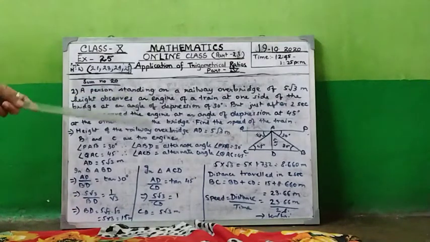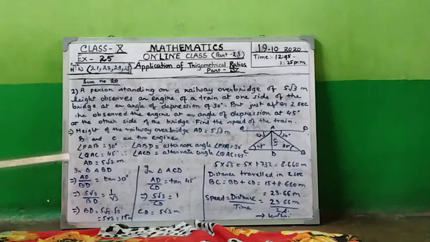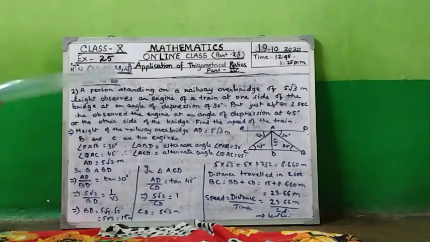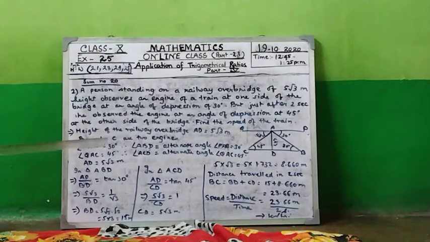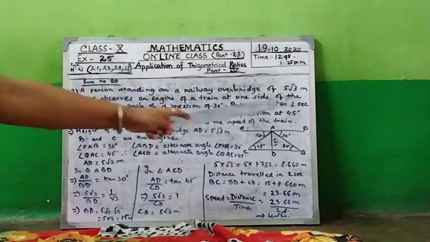Now you see it has created two angles, that is angle PAB is equal to 30 degree, and PAB is equal to ABD. ABD, that is 30 degree, which is alternate to angle PAB. Again angle QAC, QAC is 45 degree, which is alternate to angle ACD, that is also equal to 45 degree. And AD we know is 5√3 meter. Now two triangles are formed.